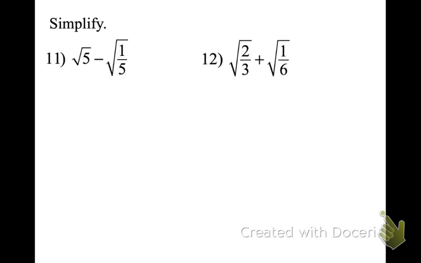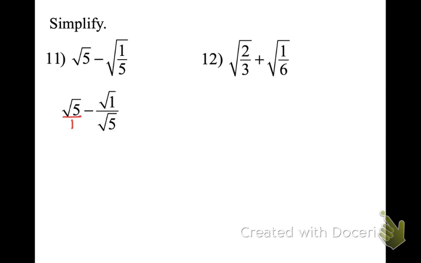Okay, we've got fractions. So in order to add fractions with radicals, we have a couple different things we have to do. We have to get rid of the radicals in the denominator, and we also have to have a common denominator in order to do this. So I'm going to start with a common denominator. I'm going to break it up into 4 different. This is over a 1. And over here,